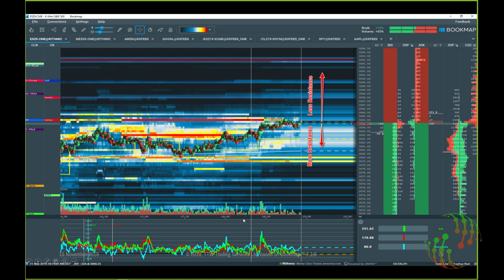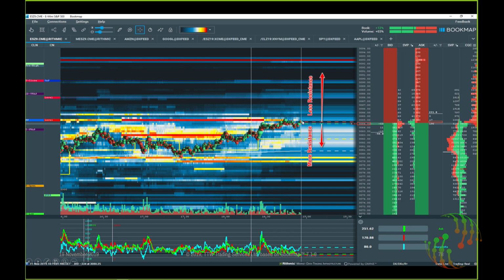Spoofing is a technique, maybe you have seen it already on your charts, that they are trying. It looks like a stair effect. The stair here, then the next brick is coming up here, then the next brick and the next brick and so on. It looks like a stair. You can even see a stair effect here. So that's the intention of the market, to bring the price further up, to support it.